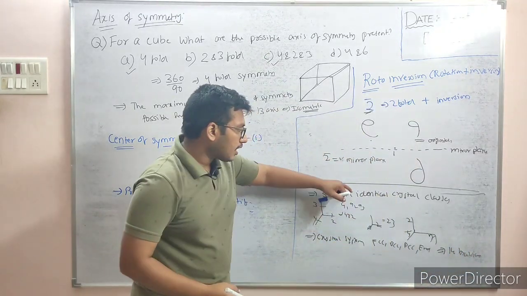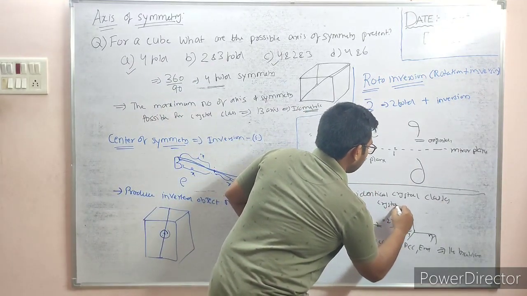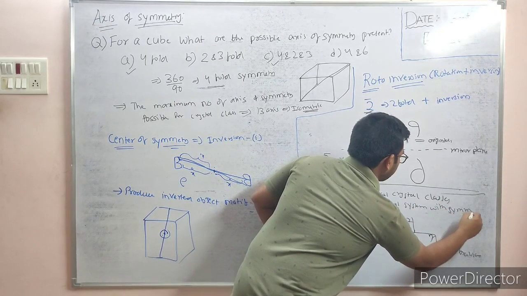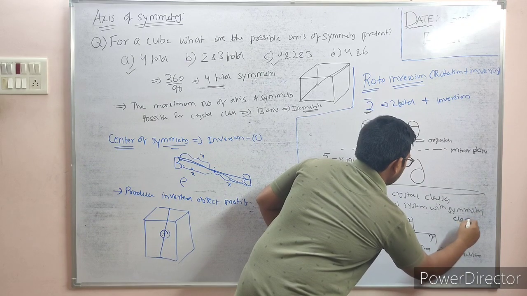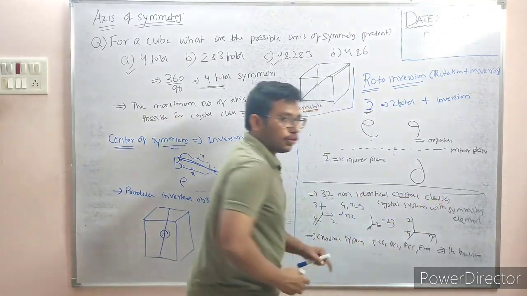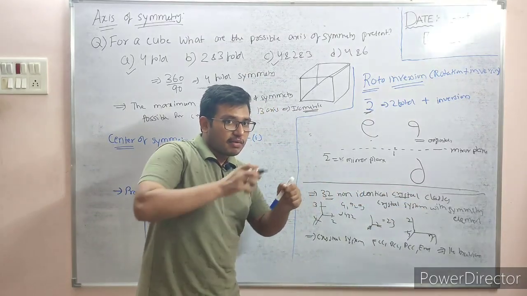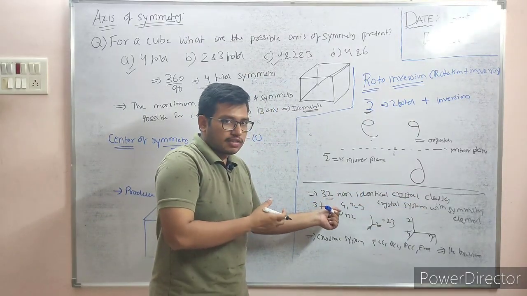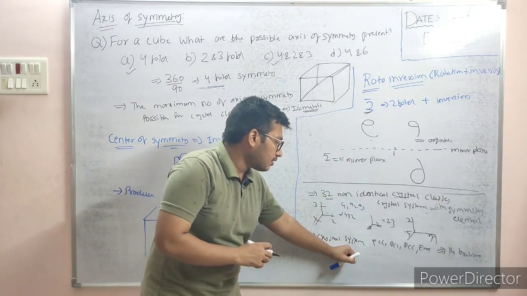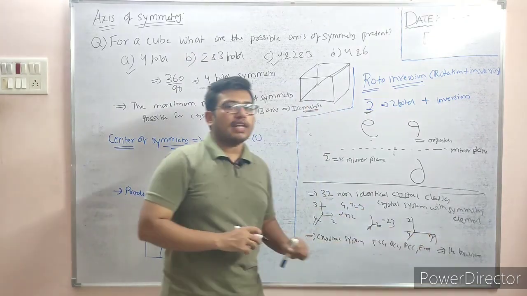Now we are actually combining the crystal systems with the symmetry elements. Combining the crystal system with symmetry elements, we are getting the crystal classes, 32 crystal classes. So you have to understand the difference between the crystal classes: because the symmetry elements are present on different crystal systems, they are producing 32 crystal classes. Bravais lattices are where the crystal systems are applied on the FCC, BCC, PCC and centered. We are getting 14 Bravais lattices.